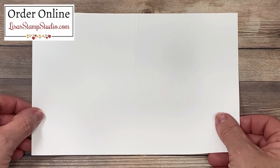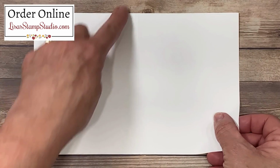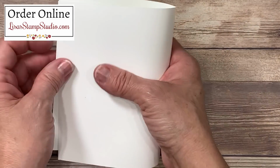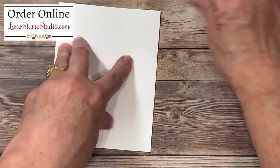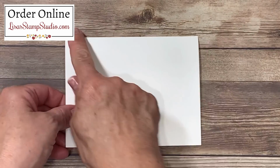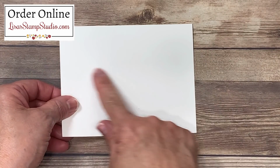We have our card base here. It's 5 1/2 by 8 1/2. I did score it in half at 4 1/4 before you joined me. I'm going to be using my bone folder for that nice crisp edge. And I am going to leave my crease at the top, so I want my card to go in the